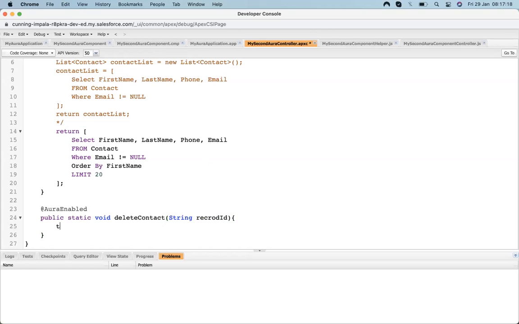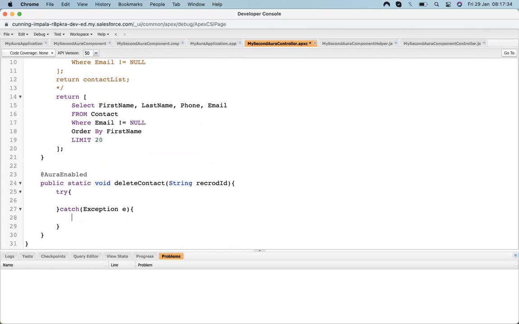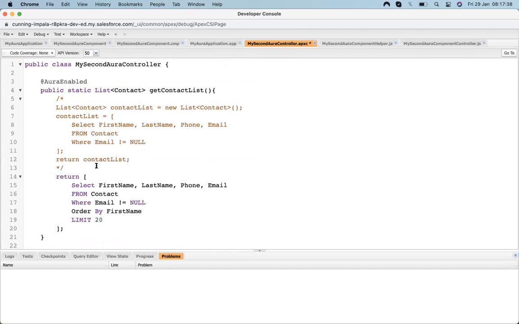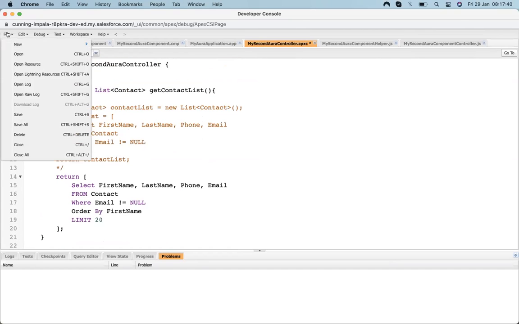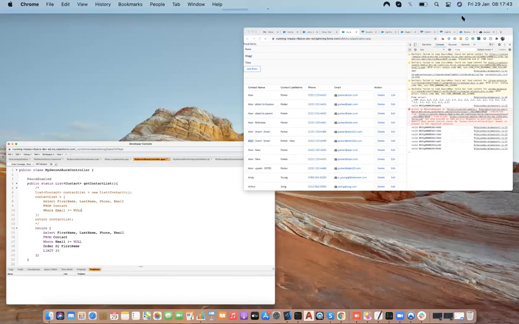So let's delete. Again, we need to do exception handling, or throw an exception. I forgot. Let's open that thing. Throw exception.